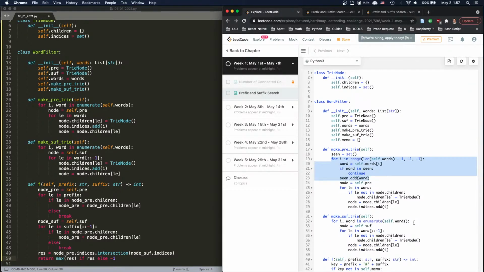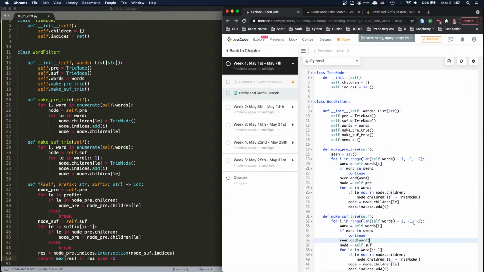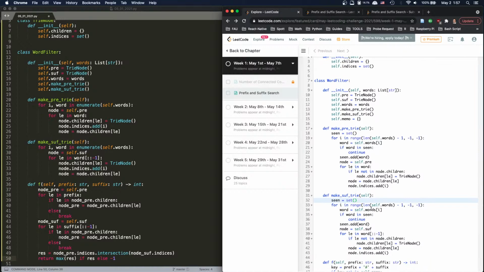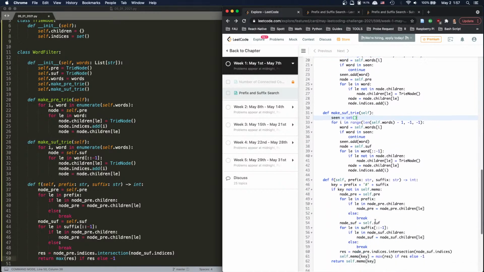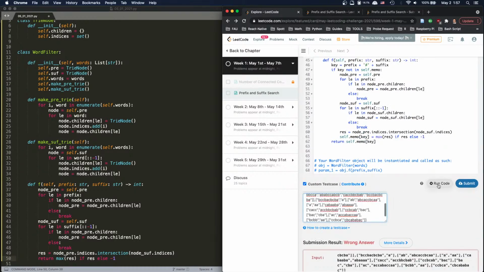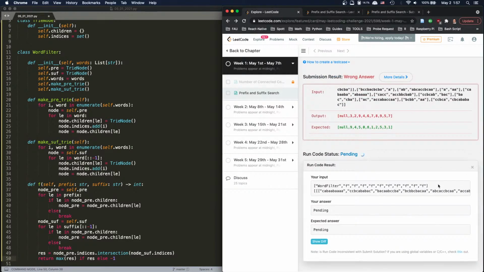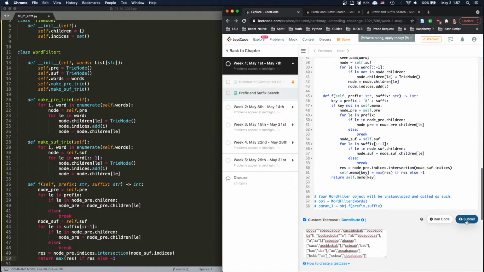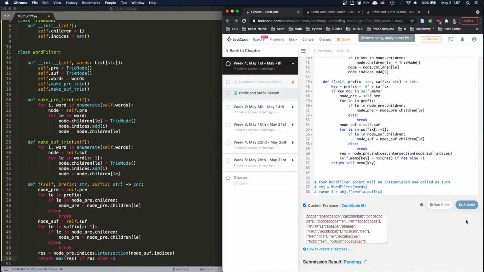So we do exactly the same thing here. I have to put scene here. Scene equals set, right? So we get a word. If we have seen a word, we don't do it. So with this, let's check. It should be correct. Yeah. All right. Try it again. Judging. Accepted. All right. So that's not what it's supposed to be, but we did pass it